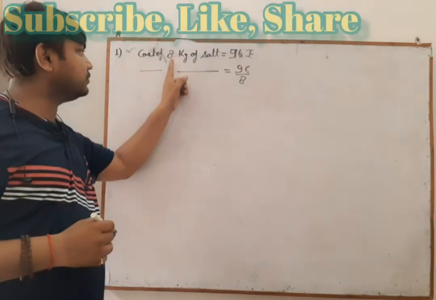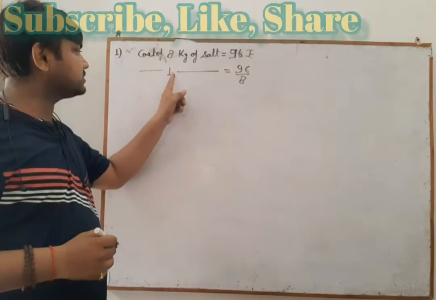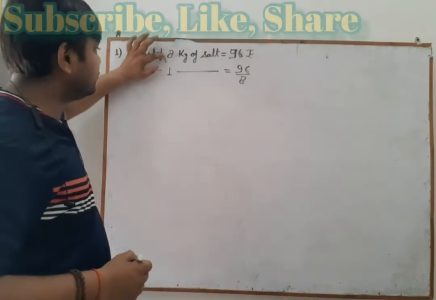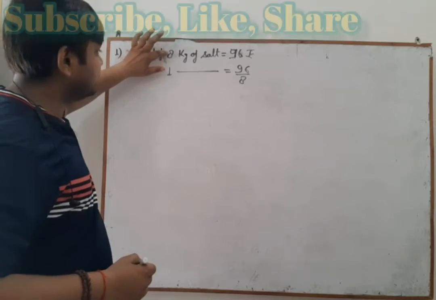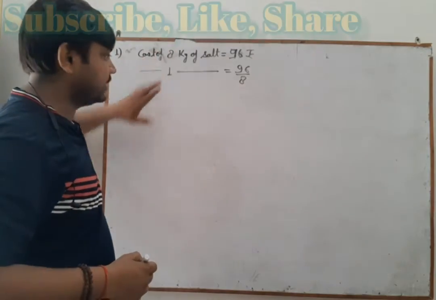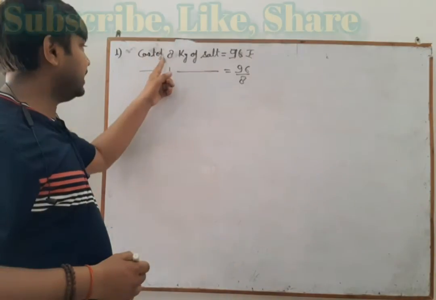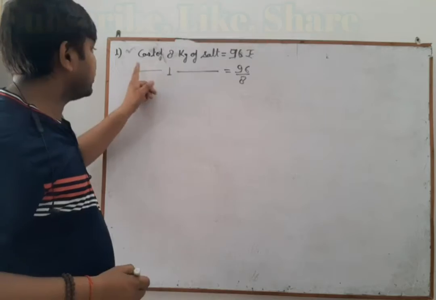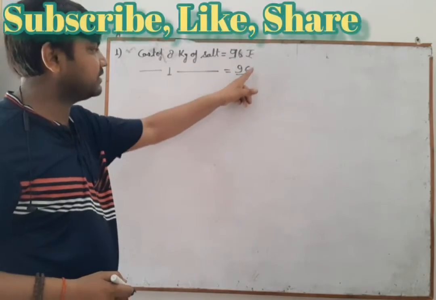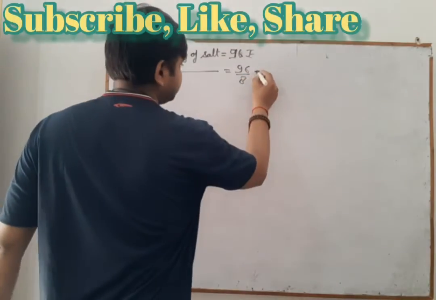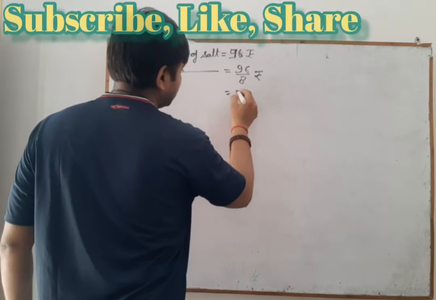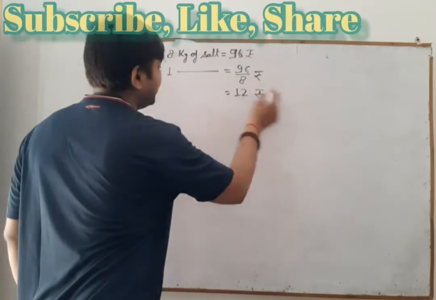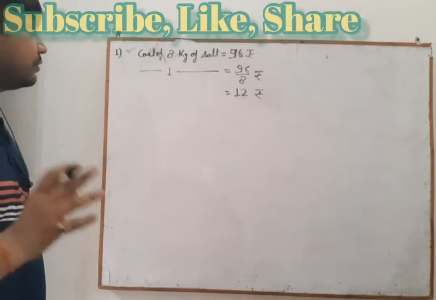If we reduce here, we will divide this side. What are we doing here? This was 8, here it is 1, so it is 1 less now. So we are dividing by 8 here, and we will also divide by 8 here. So the cost of 1 kg is 96 upon 8 rupees, that is 12 rupees per kg. The cost of salt is 12 rupees per kg.